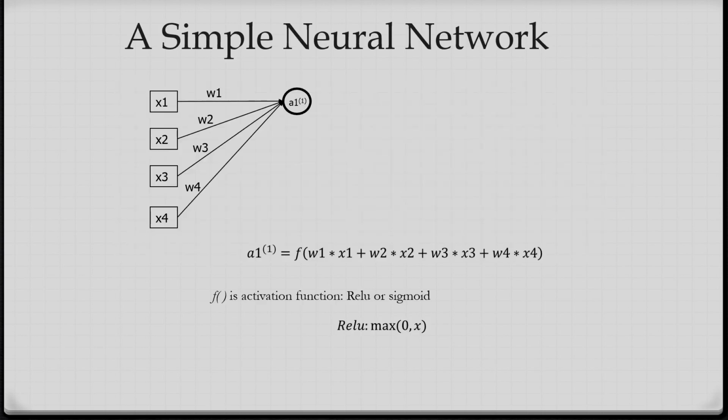Now I am considering a simple neural network. Here you can see, I am considering 4 inputs, x1, x2, x3, x4, and one node A1, corresponding to the hidden layer. So my inputs are x1, x2, x3, x4, and the weights are W1, W2, W3, W4. So what will be the response in A1, that is, the neuron A1? In this case you can determine the response.